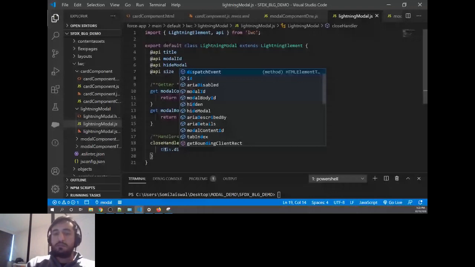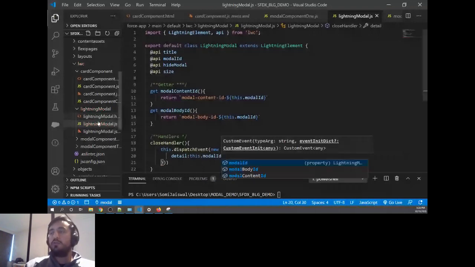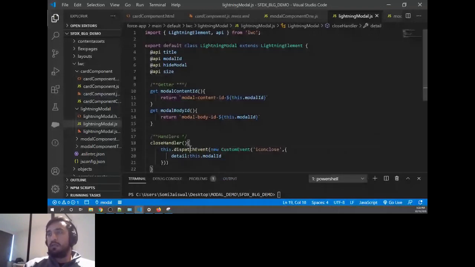Yes, I want to pass something because this may not be useful right now, but always pass your unique model ID to the parent. So I'm passing the model ID to the parent so that if there are multiple models in the same component, you're able to differentiate which model's close icon has been clicked. Okay, so now I'm creating a custom event and I'm passing that model ID to the parent.